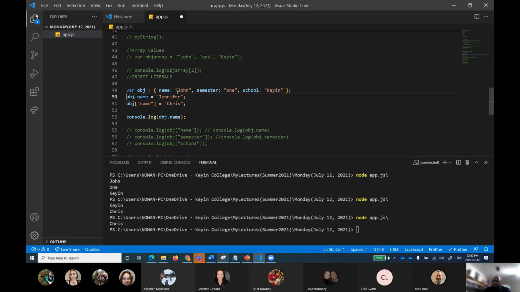You see, obj.name was John. Then the name was changed to Jennifer. Then the name was changed to Chris. Jennifer, what I'm trying to say is, this statement and the below statement, these statements are the same. Same means you can access the value of an object by using either method. Chris, you understand now? So it's basically the lines executing sequentially. When you sit together again and look at this code, remember obj.name is also a way to access this one. obj of name is also access to this one.